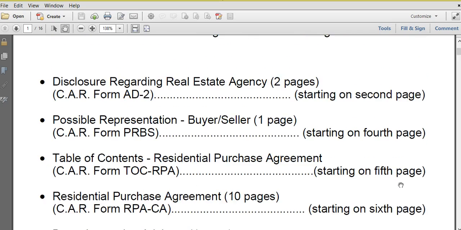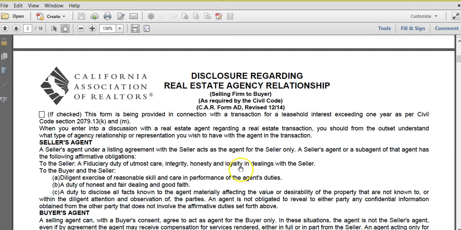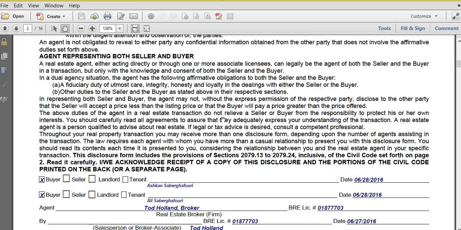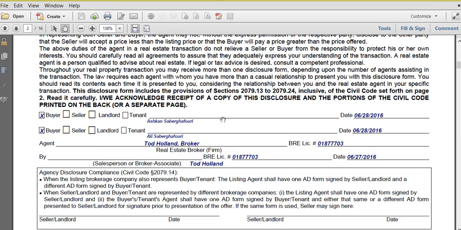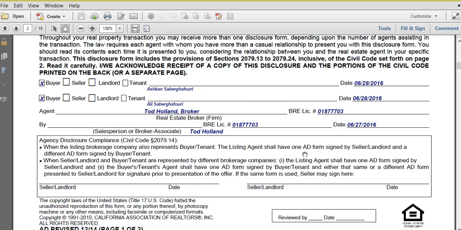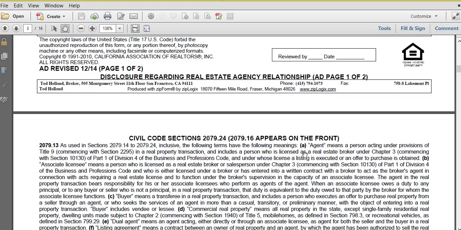Okay, so this first page is basically a table of contents, right? We're going to move on past that. This right here is the disclosure regarding agency relationship. What this first page means is that I am representing you as your agent, and I have authorization to negotiate on your behalf and to do all the things that a real estate agent does. We're going to have you sign this thing here and here automatically, which will be really easy. It's going to happen inside of the program, so no worries with regards to printing or anything. It's going to be online, very easy.